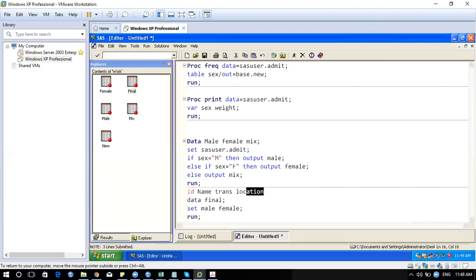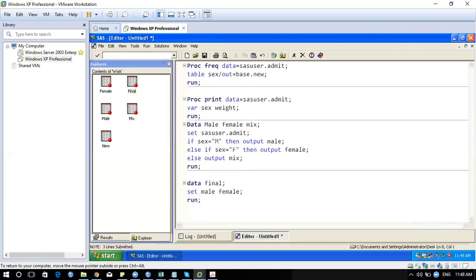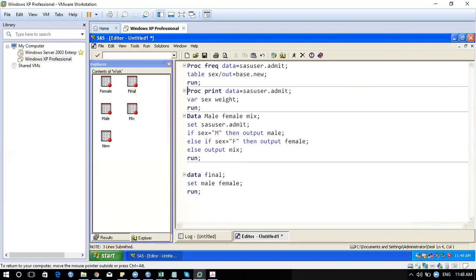So for that case, if you are looking for only similar variables to be added in a final data set, you use proc append. So how does proc append work? It only works for a similar group of elements. If it's there in all data sets, then it will do the appending. So now if you try doing it, let's say I'll create one more variable.